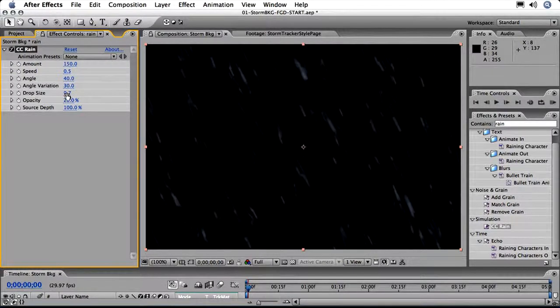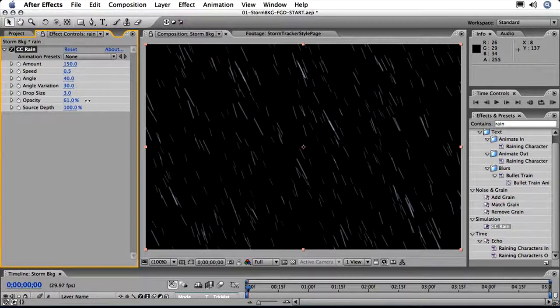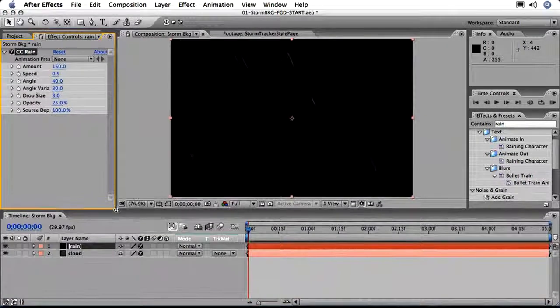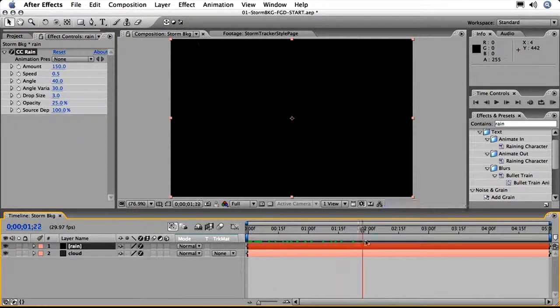But what we're going to want is somewhere around 3 or 4. I'm just going to hit in 3. So that should be fine. We're also going to want to change the opacity. So the opacity is basically how opaque or how transparent the raindrops are. We're going to set that to 25. I'm going to reposition this a little bit. Scroll on this just to see how my drops are falling. And that looks okay. The next thing I need to do is I want those drops to show up on